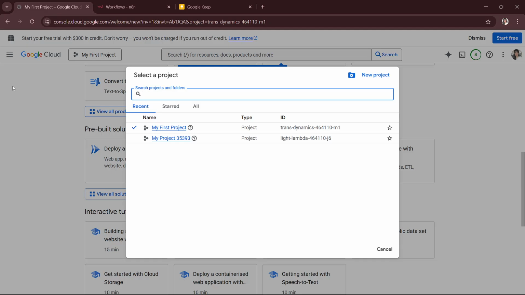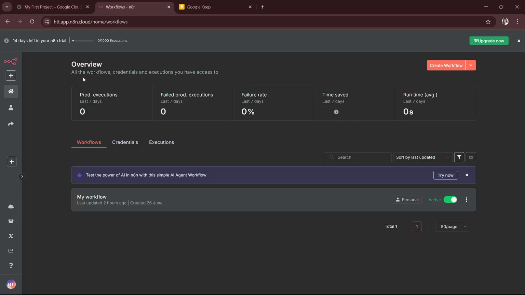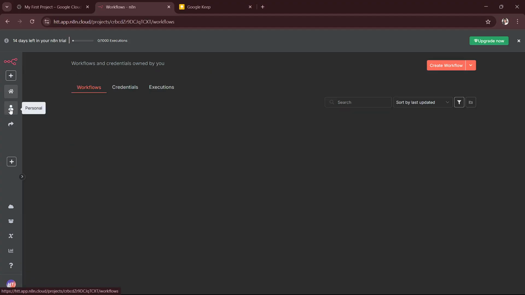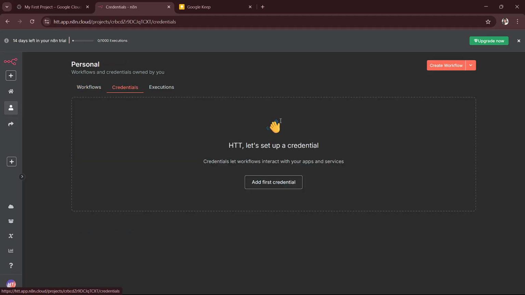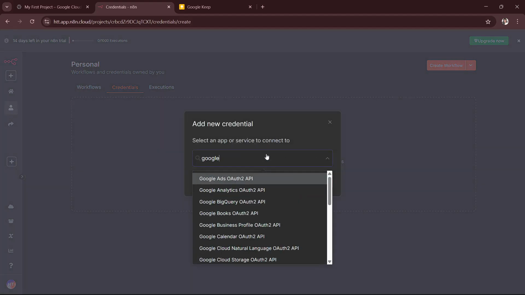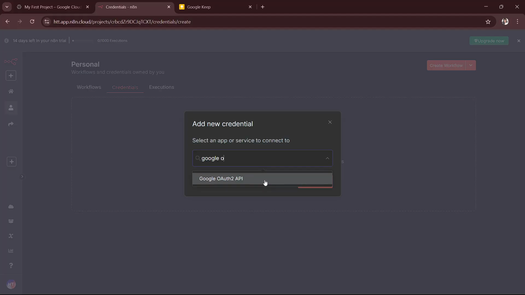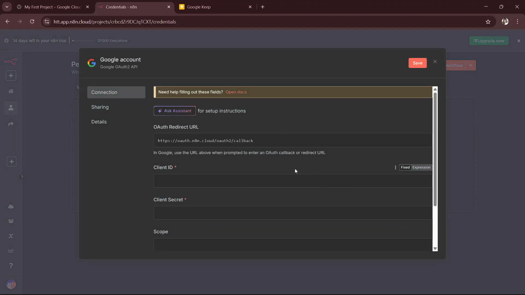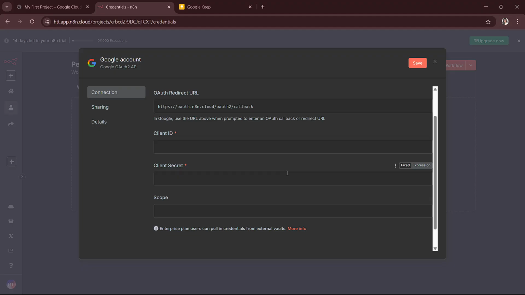And step 3, you will go to your N8N dashboard and then click on the personal section and click credentials, and once you're here you will add your first credential and look for Google OAuth API and then click continue, and once you're here you will have to paste the client ID and